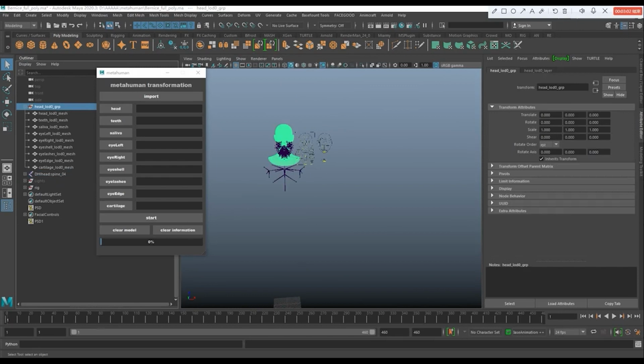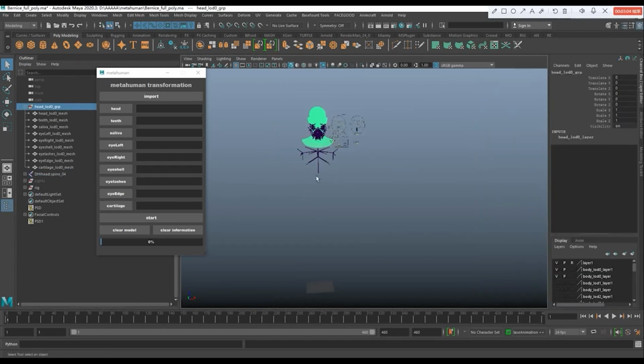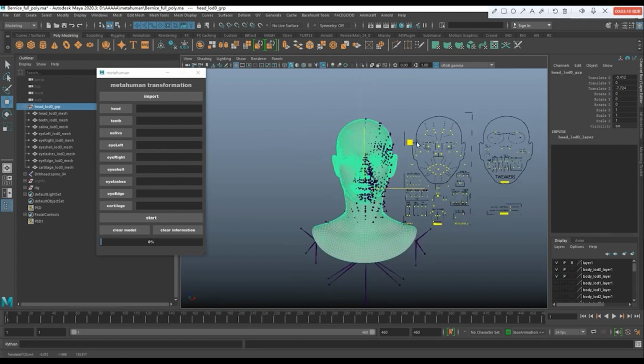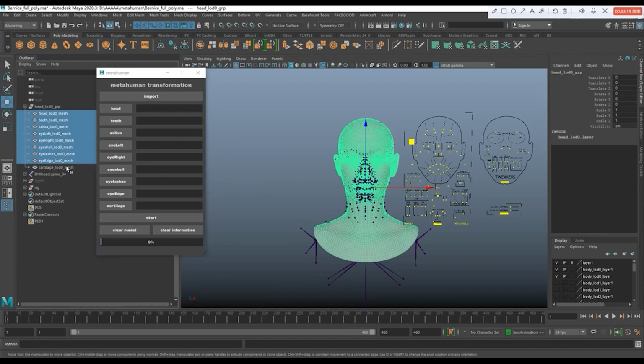Now let's clean up the translate value of the model. First, you can position it roughly. Second, click Clear. You can do it manually, but we highly recommend this button. It will clear the translate value of the model and also the related constraints and other rotate and scale values. To clear these things by this button, then we need to unparent from the node and put them to the